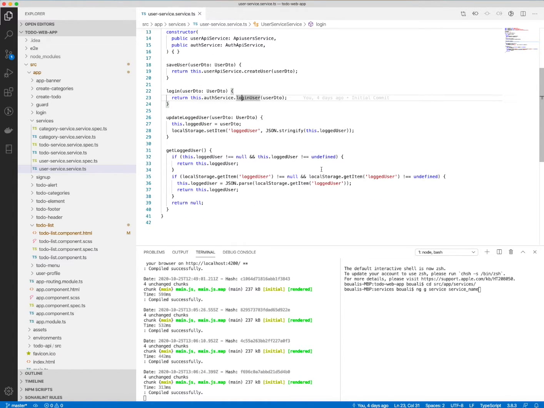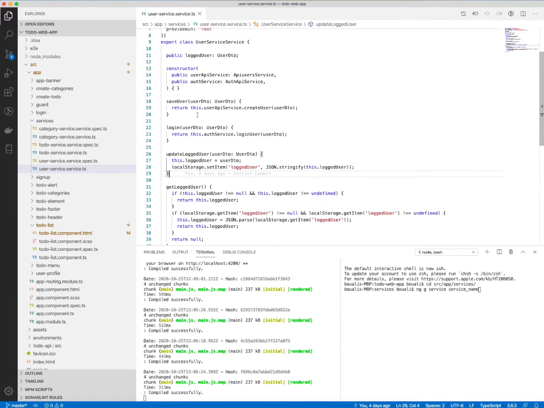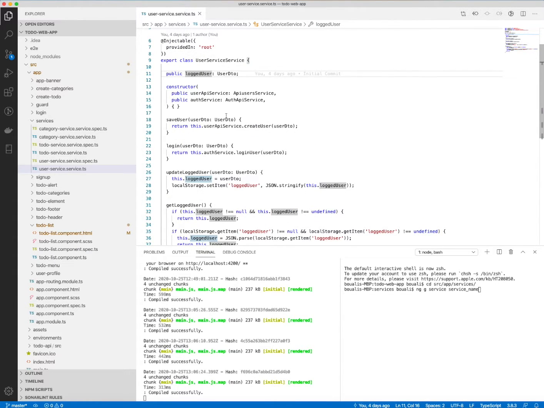So once the user is logged, we need to update the logged user. So what we do is, here we have our local variable, which is the logged user.